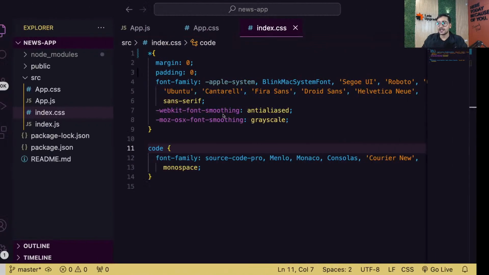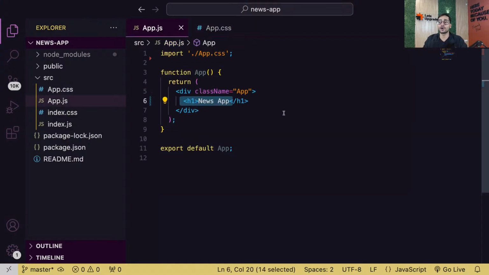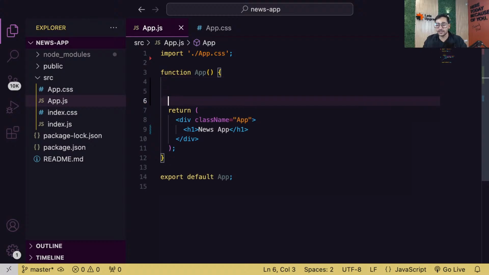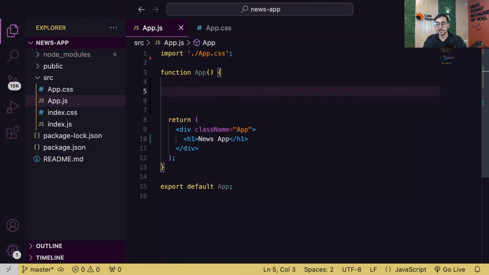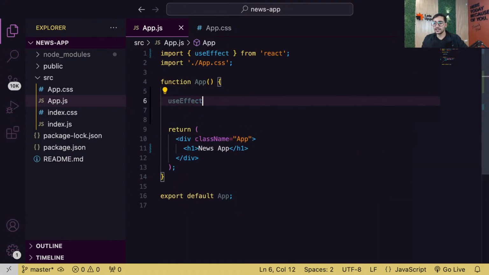So guys, let's go in our application and right now let's just test if the API is working or not. Normally, in which functionality do we call APIs? Let's say, as soon as my app loads, I want to call that API. Right now I'm just calling it for testing. So guys, what do we use? Yesterday we learned useEffect. Can we use those free APIs the same way, or are there any other methods?